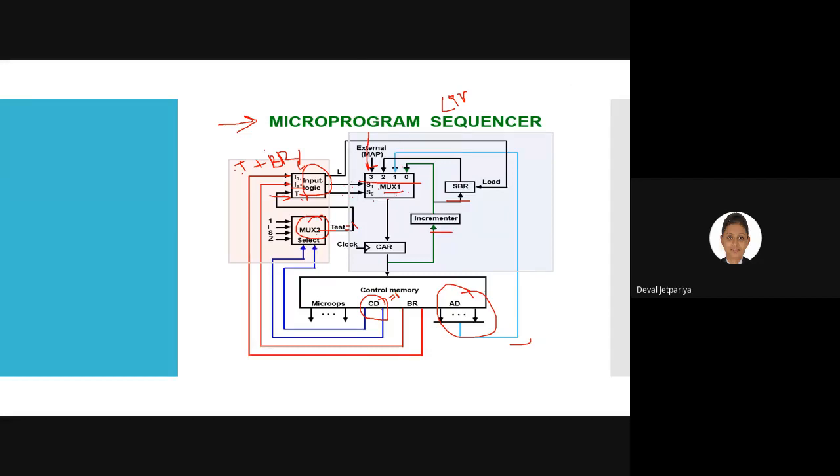Right? So in multiplexer number 1 we simply need to give various addresses. In multiplexer 2 we need to give input from conditional branching, and conditional branching will give one variable, that is test, and the test will go to the input logic, where along with this test, we are getting input from this branch logic. Together, both of these will give input to multiplexer 1. And these logic values will directly load towards the subroutine in case we need to enable the subroutine. Fine.